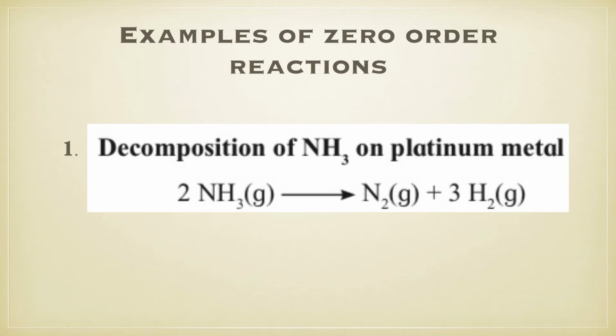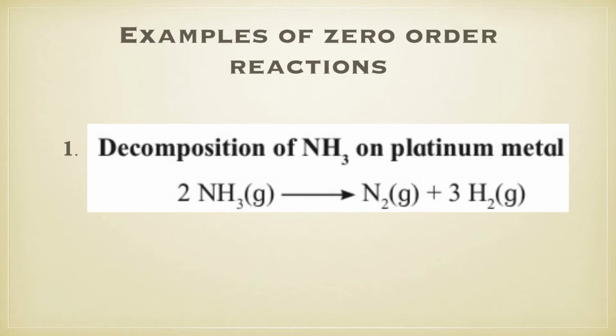So the number of ammonia molecules attached on the platinum surface is small as compared to the ammonia gas. Okay, so we can say that a large number of the ammonia molecules tend to remain as gas, which do not react. The molecules present on the metal surface only react. Therefore, I can say that the rate of the reaction is independent of the total concentration of ammonia. Therefore, this is an example of a zero order reaction.